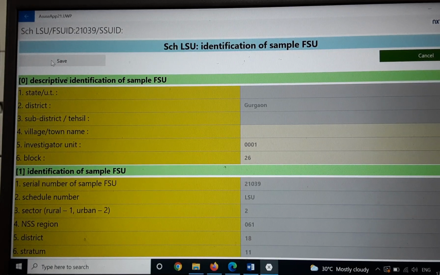I would request everyone that whenever some error or warning message is flashed, it should be checked carefully and action should be taken accordingly. As and when some check comes, it is always advisable to check your data and update it accordingly. Otherwise, at the time of submission of data, if red checks are not cleared, the system will not allow you to submit data and proceed further.